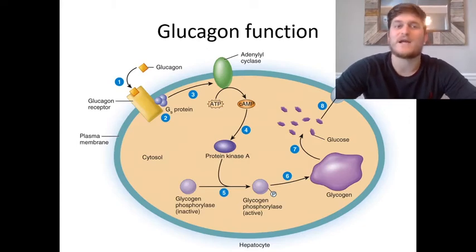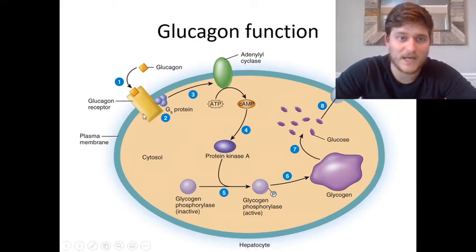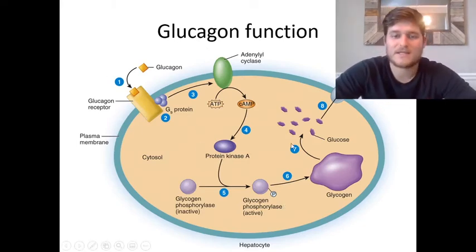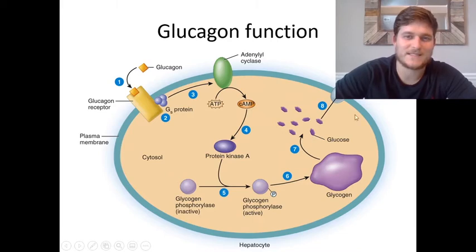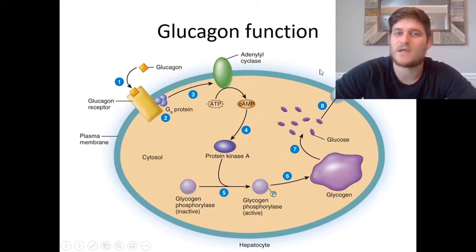Glucagon is going to serve the opposite function. When glucagon binds to its receptor, it leads to a signaling pathway which breaks down glycogen in our muscle and liver cells. Once that glycogen is broken down into individual glucoses, GLUT2 transporters located on the membrane will shuttle this glucose from inside the cell to outside the cell and into the bloodstream. So we're getting less glucose inside our cells and more glucose within the bloodstream.